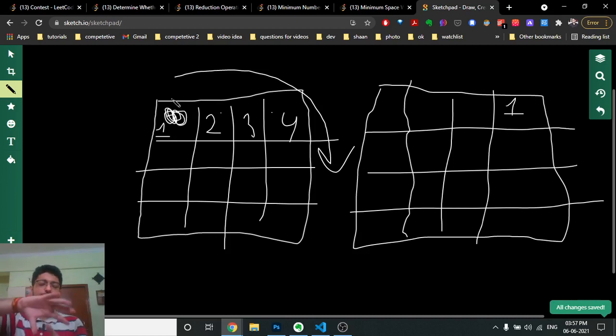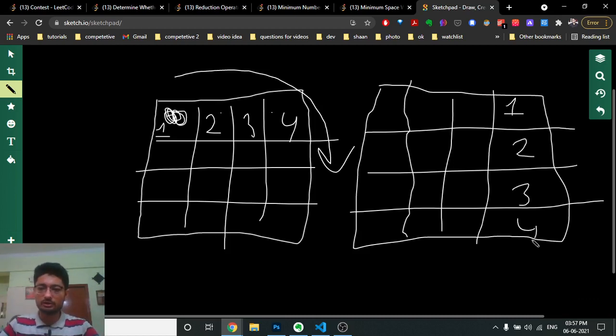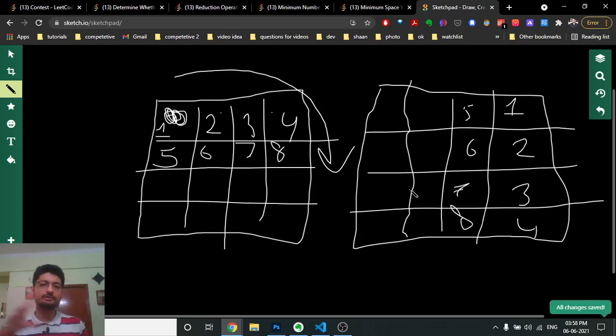If you rotate this 90 degrees, this will come like this, 1, 2, 3, 4. So the first row will become the last column, and then again 5, 6, 7, 8. So the second row will become the second last column, and so on. So what you can easily do here is just iterate over the original matrix from top to bottom in this fashion, left, right, left, right.